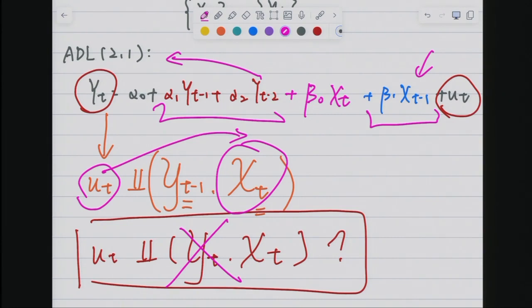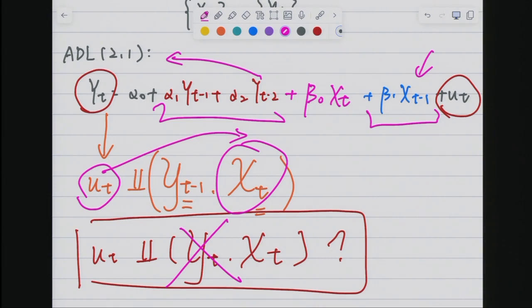Independence is the strongest form of no relationship, so independence implies conditional mean independence. Then, given conditional mean independence, this must imply that the conditional expectation of y given the past is fully determined by the p lags of y and the q lags of x, and also xt itself,